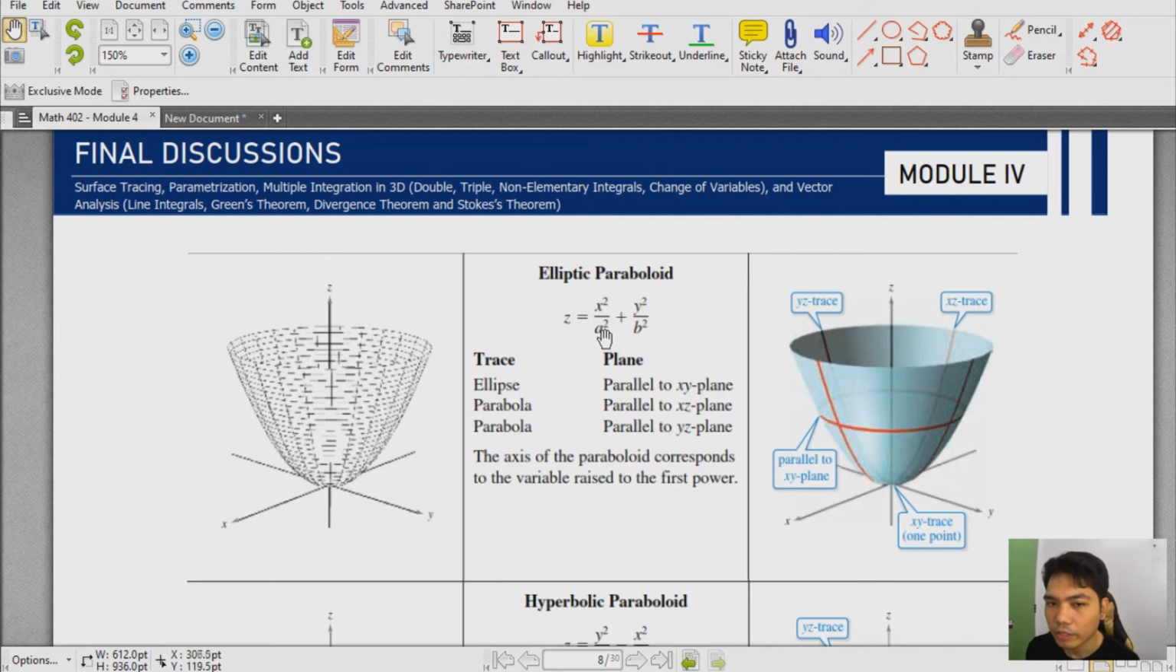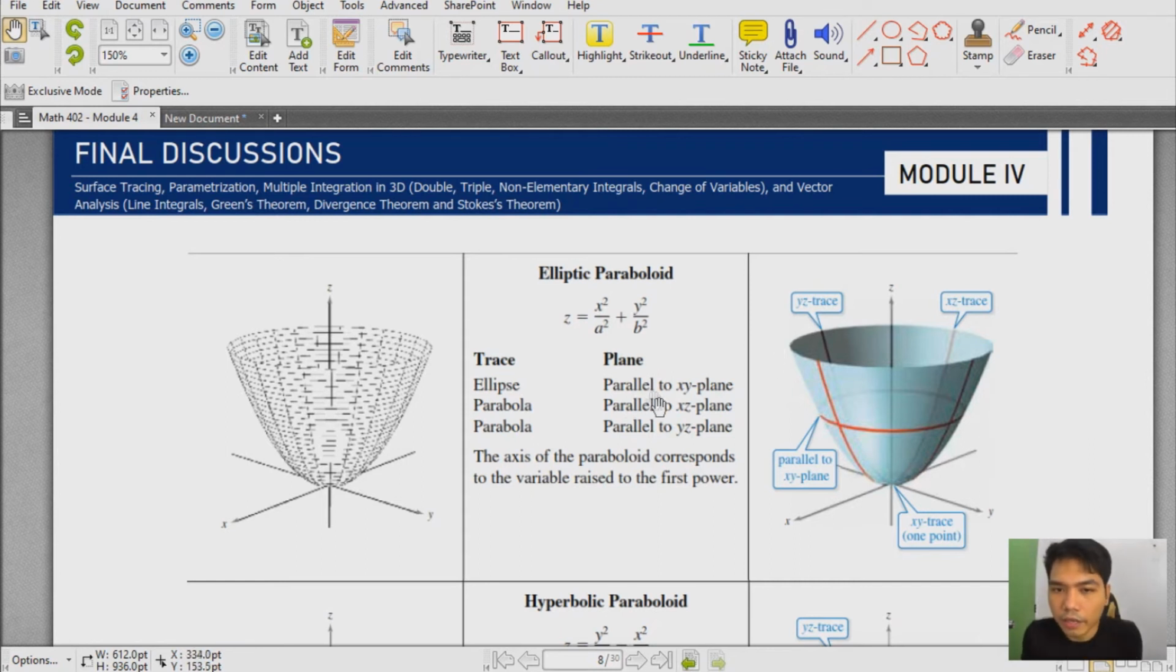So, z is equal to x squared over a squared plus y squared over b squared. You have to expect that the variable without degree 2, the one in the first power, is its axis. So in this case, that is the axis. As you can see, this is the z, so the trace is along the positive z axis. This is the yz trace and this is the xz trace. For the trace, you just draw a plane parallel to that